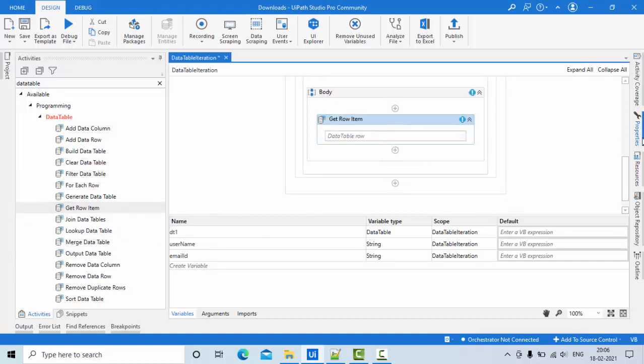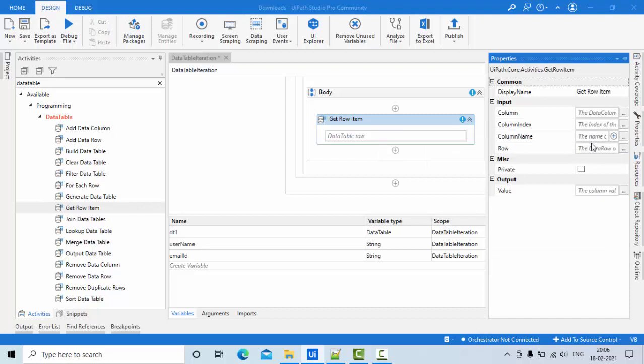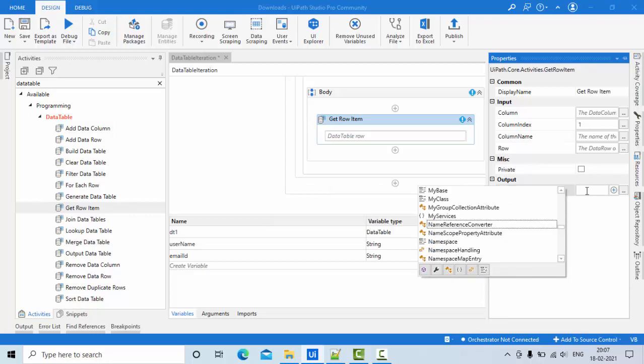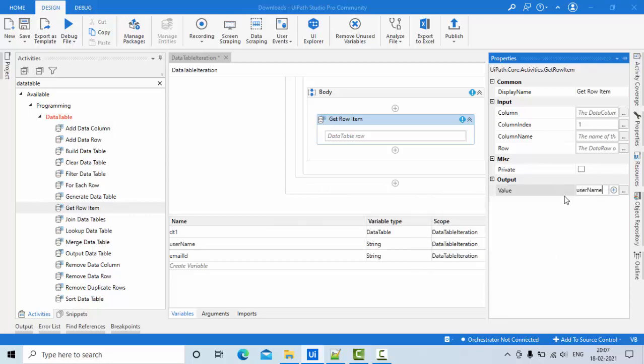Okay, and just go to the properties, and you can see column name, column index like this. So I'll keep this as index, and my column index 1 means name, right? So I'll keep name here, username which I have already created.